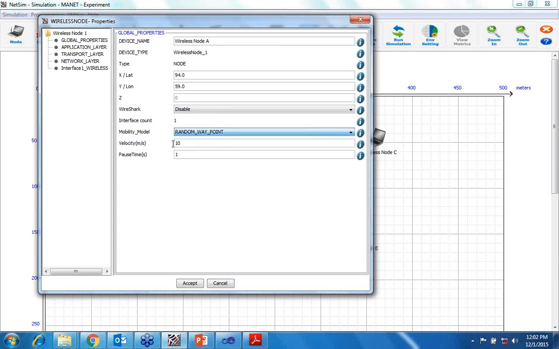Also, you can change the velocity of this node so that it can move faster or slower.